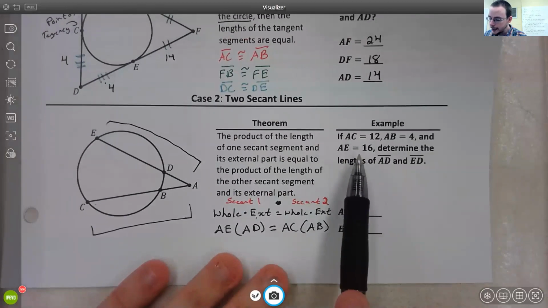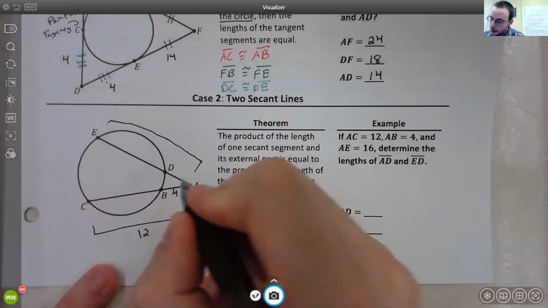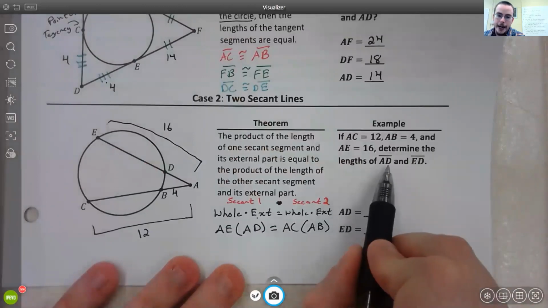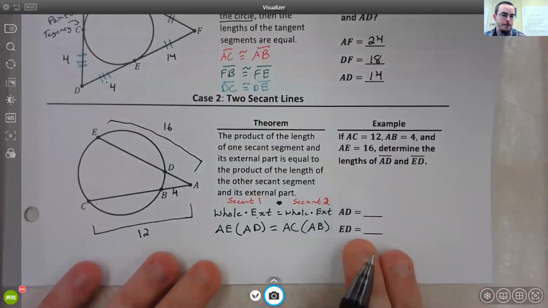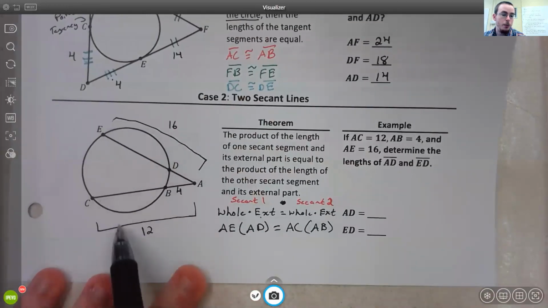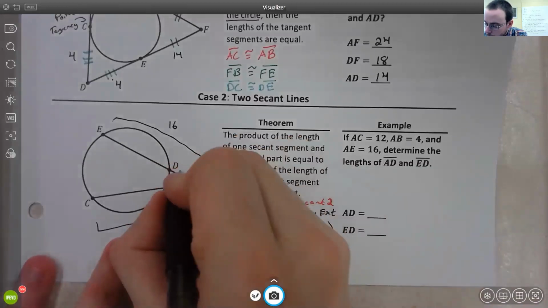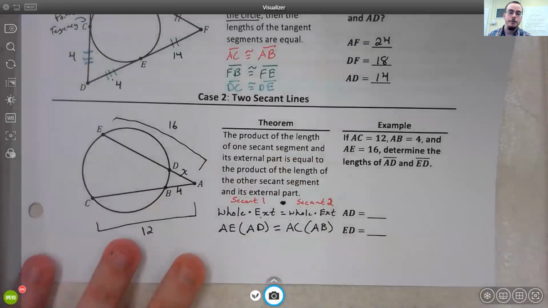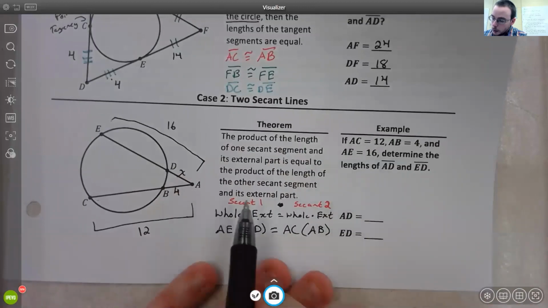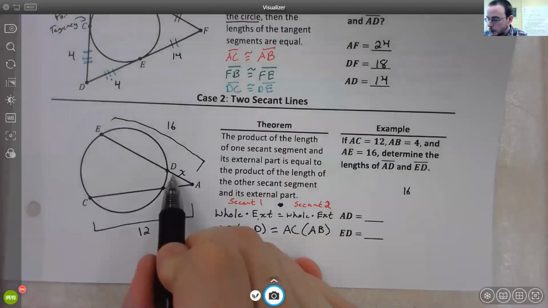It says if AC is equal to 12, AB is equal to 4, and AE equals 16, determine the lengths of AD and ED. So here we have both of our whole parts labeled, and only one external part, and AD is our other external part we're looking to find. So if we're looking to do that, we're going to take the whole segment first, so 16 times its external part, which is X,